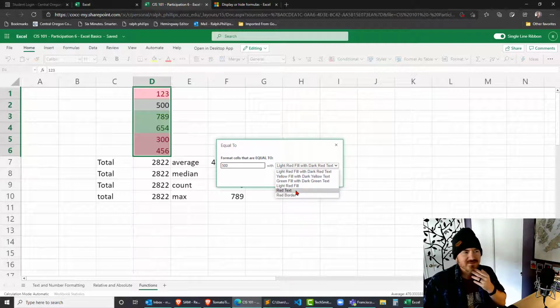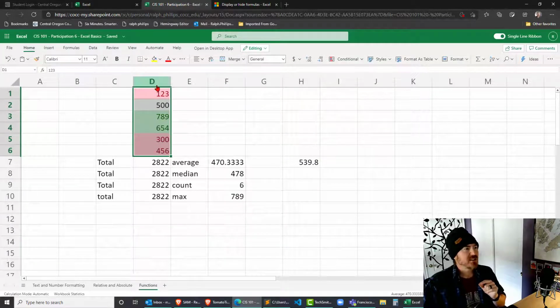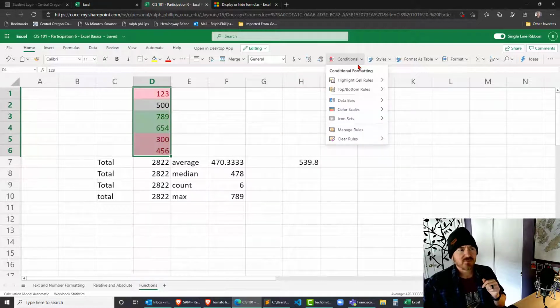However, this is interesting. On Excel 2019, I get an option to customize exactly what I want the formatting to be. And it looks like on Excel 365, I don't get that freedom. However, I think I'm going to try to find it anyway. I'm going to close that. This range of cells is still selected. Conditional formatting,